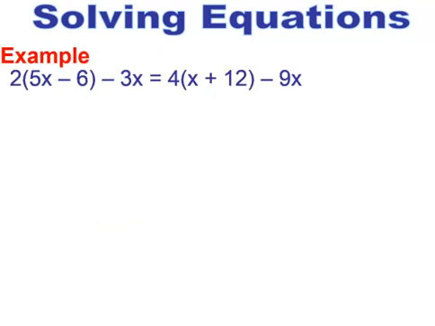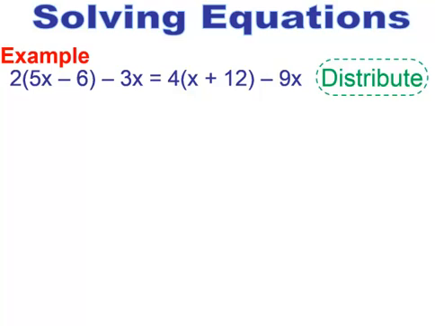Now here's an example where we have distributive property, combined like terms, variables on opposite sides. So we have every step involved here. So remember, the distributive property is always the first property that we need to do. So I'm going to take the distributive property and always stop for just a sec to make sure that I